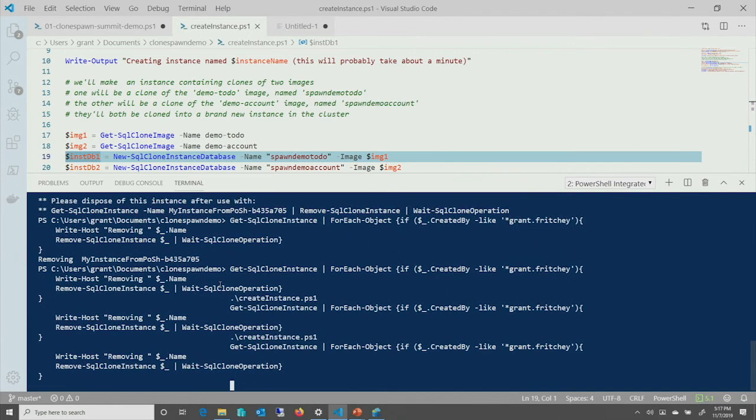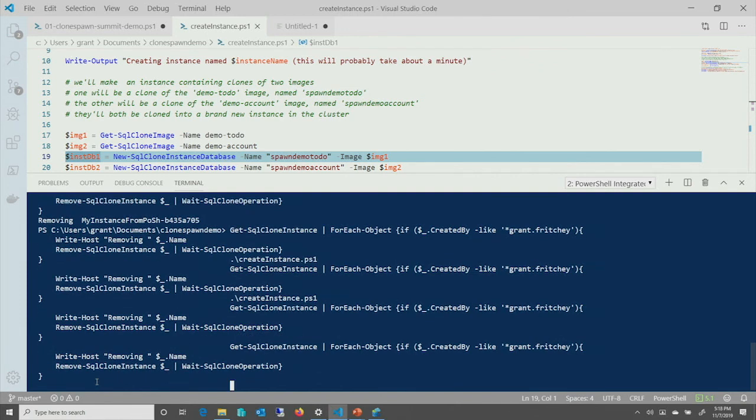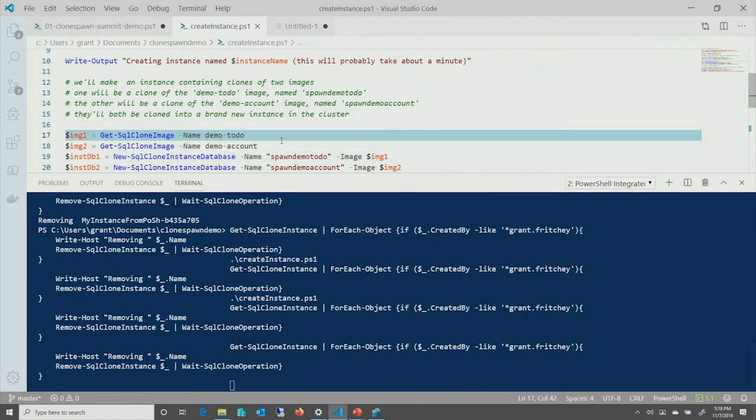Again, if you wanted to recreate those images, you would have to create them, as they would be about the same size as your backups, but the clones are the magic bit. So this is going to go in and pull stuff out. It's going to pull back the listings.